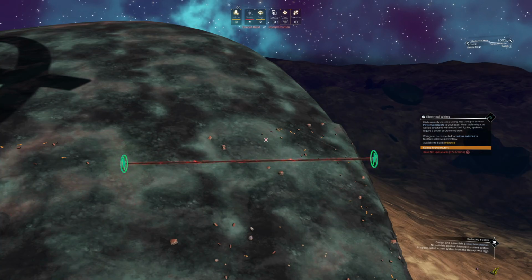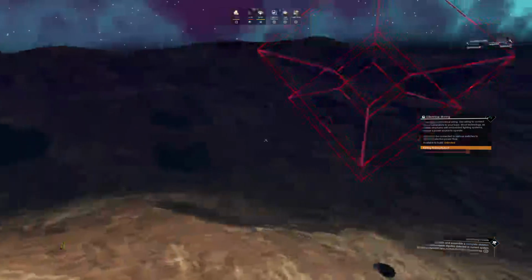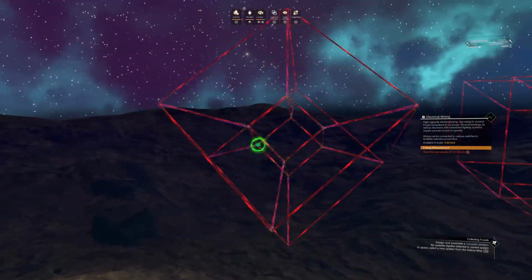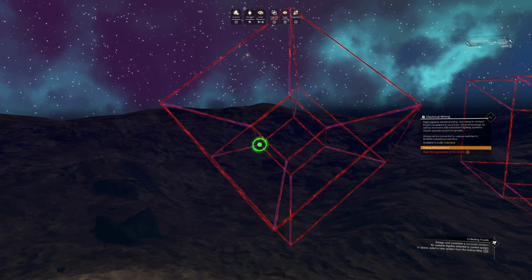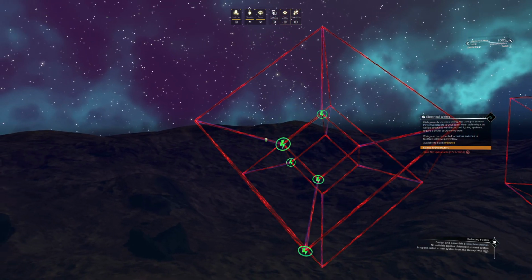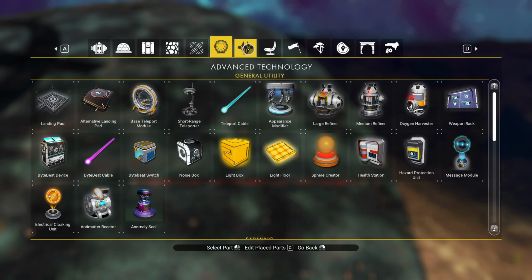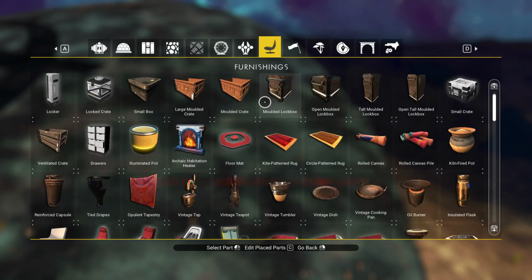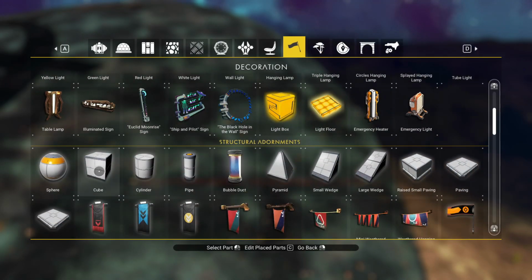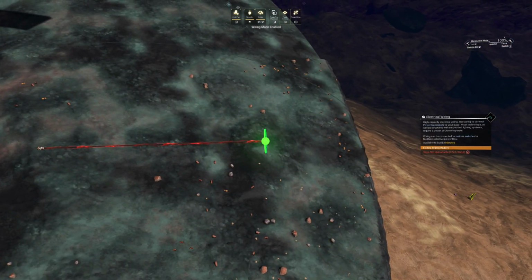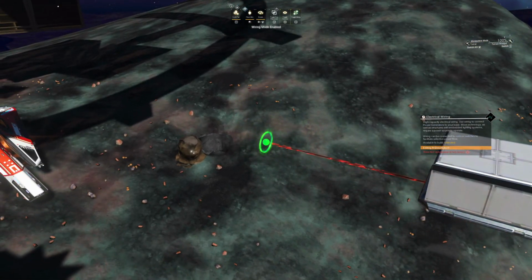Next, what we're going to be doing is changing the angle of our wire so that the entire structure is on a tilt, like so. Just makes it look better in my opinion. You don't have to do this, but I highly recommend it. Grab yourself a raised small paver, glitch one into each side,